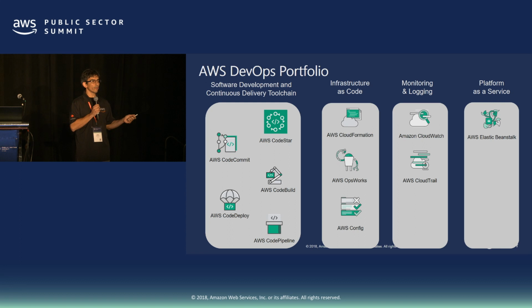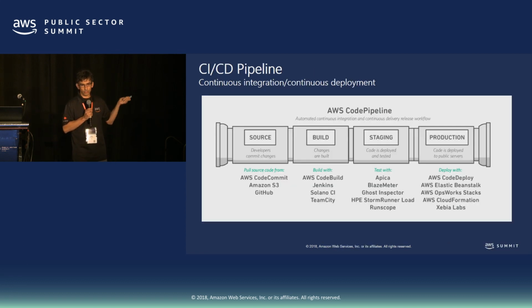It's beautiful. All I have to do is commit my code to CodeCommit, which is like GitHub inside AWS. And then from there, it triggers the entire process. That's what the process looks like. I have my source, and once I commit my source, it goes to build. In build, I have two processes specifically for .NET. I have one process that compiles my C#, and once my C# is compiled, I have a second process that gets the compiled code and injects it into a different container that has the binaries for .NET Core to execute it.